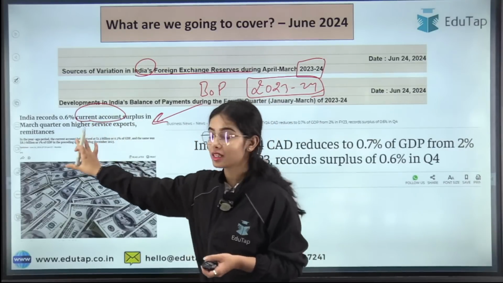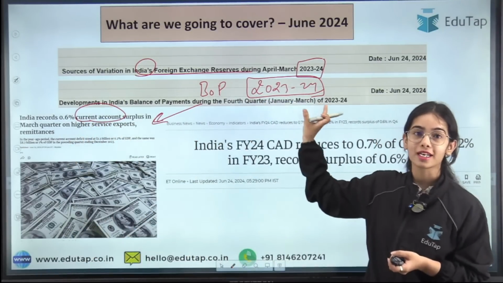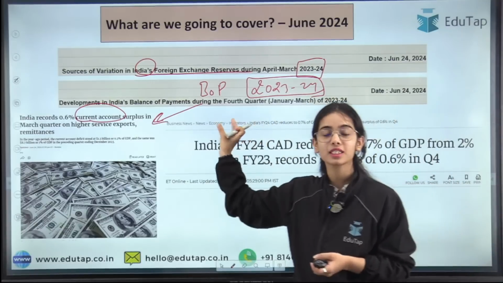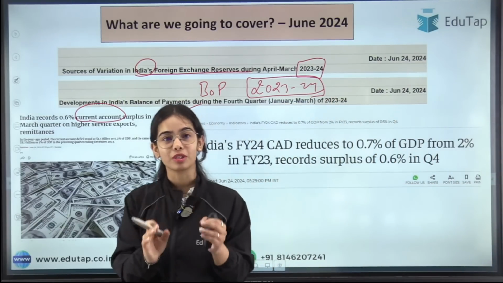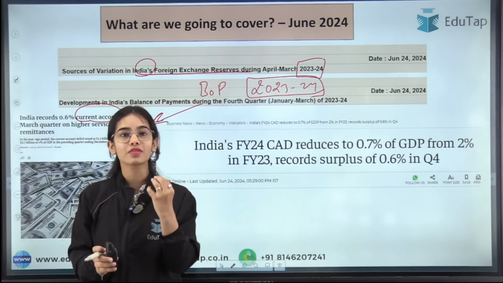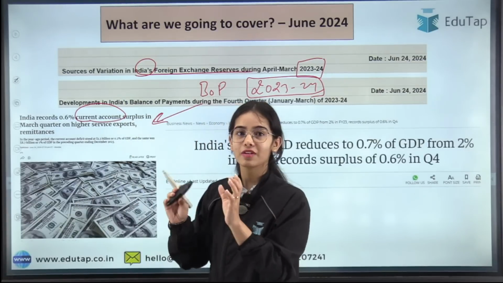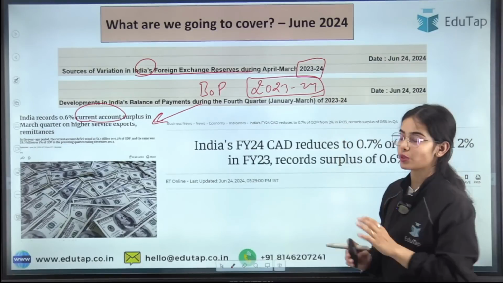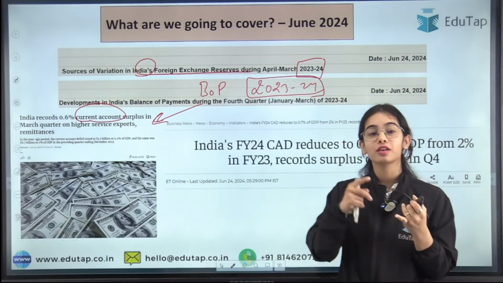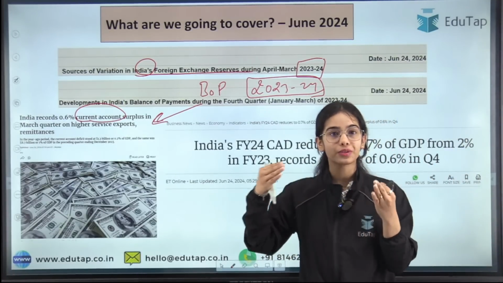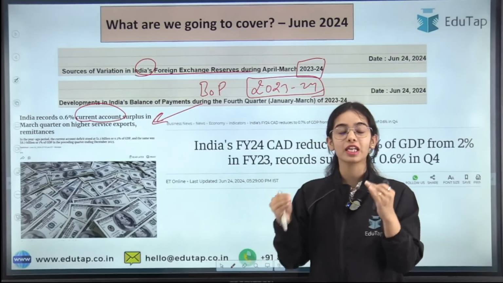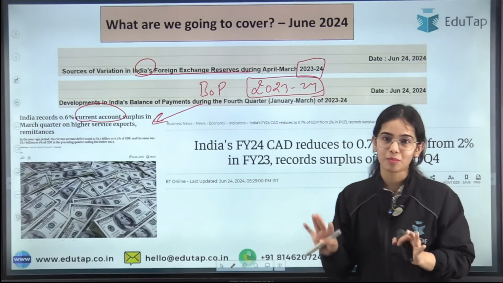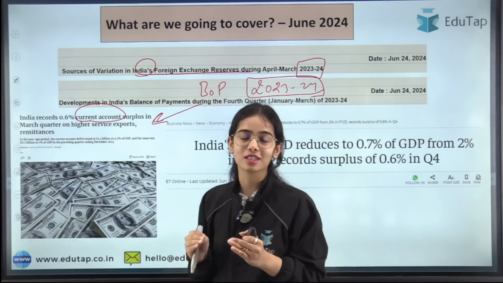So which quarter are we talking about? So quarterly data has been released. So how important it is, what idea you need to have from this. So all of these important things we are going to discuss in today's session. I will tell you what is important from these headings, from these topics, okay? But the balance of payment data for the 2023-24 that has been released, that is very important from the exam perspective that we are going to discuss in today's session.